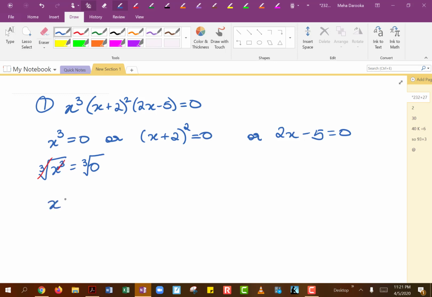Now remember, with cube roots or any odd root, you don't have to worry about positive or negative sign. So you get x on the left-hand side, and then the cube root of 0 would, of course, end up being 0. Now here's something we've got to think about. This x equals 0 was coming from the factor which is x raised to the third power. So since this was raised to the third power, we would say x equals 0 has a multiplicity